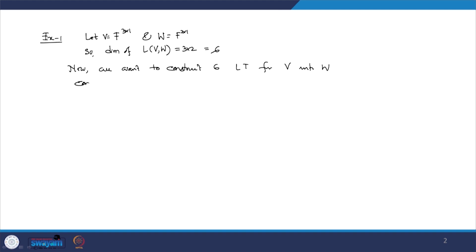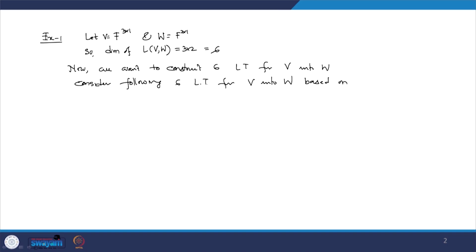So, consider the following 6 linear transformations from V into W